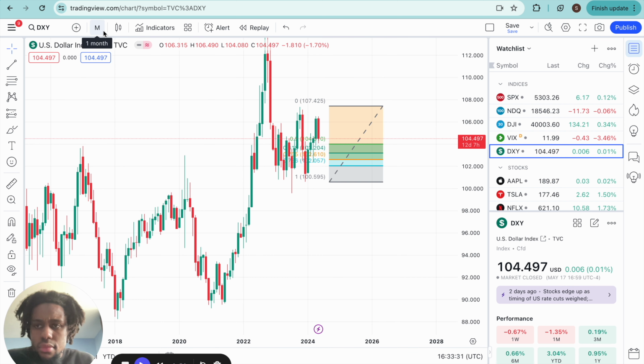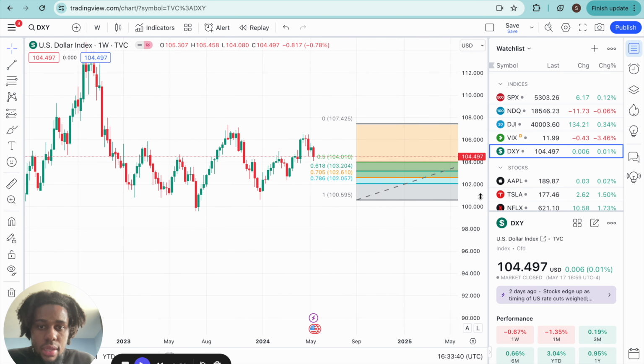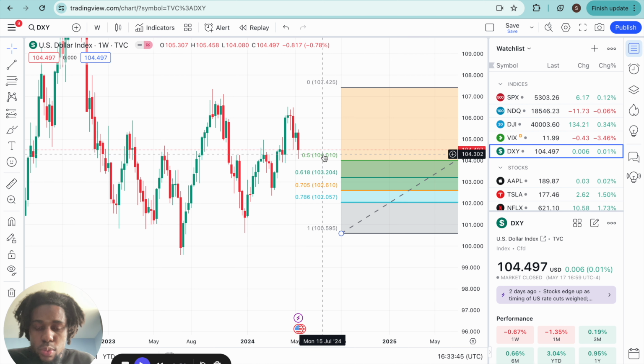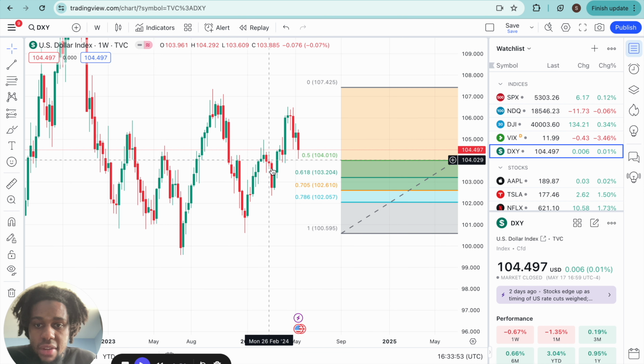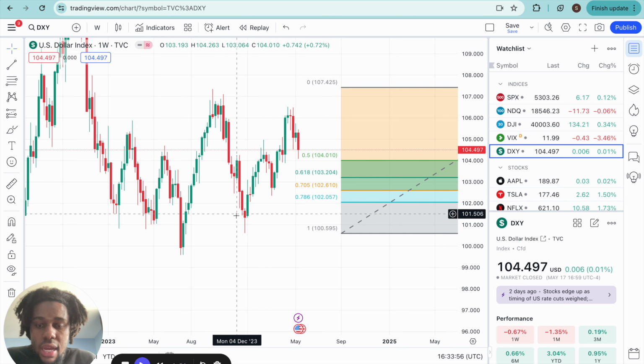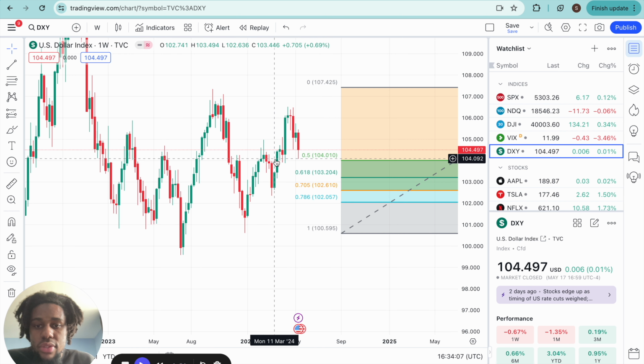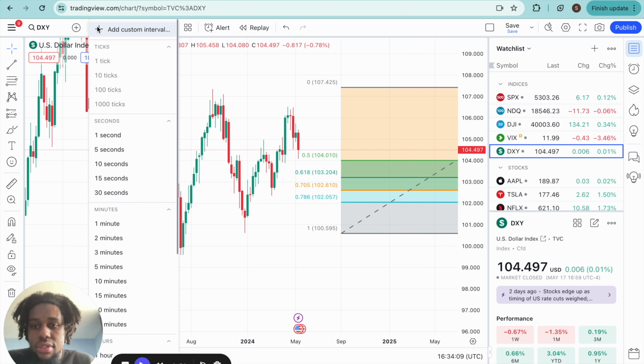So if we go into the weekly chart, we can actually see a bit more clearly what is going on here with the dollar. So as we can see, it seems as though we've tapped into an area of bullishness. Specifically, what do we have here? We have a failure swing right here, and this leaves behind what? This bullish mitigation block in here. Now price comes down into this weekly bullish mitigation block, and we see a reaction.